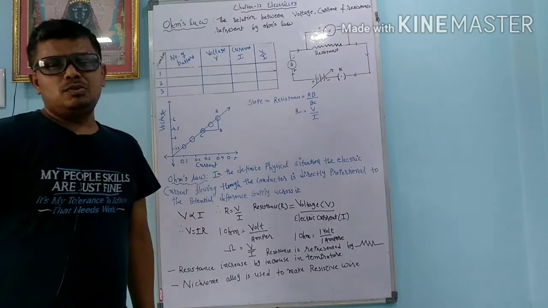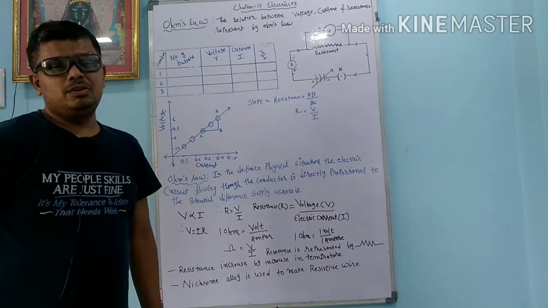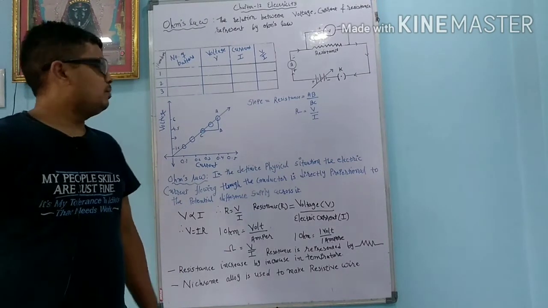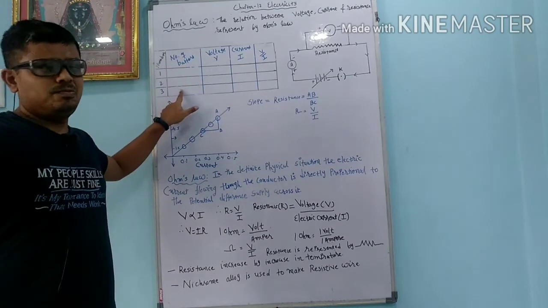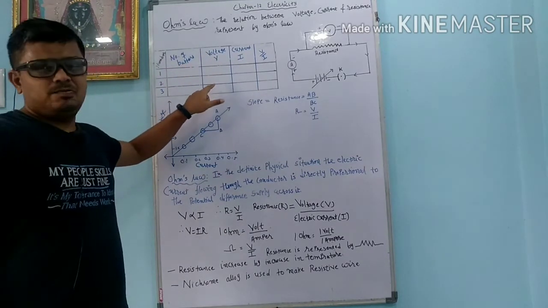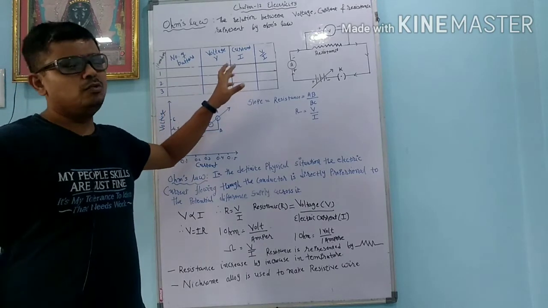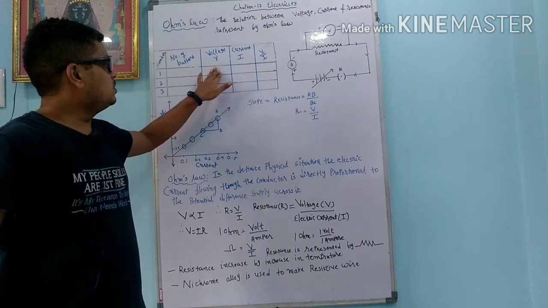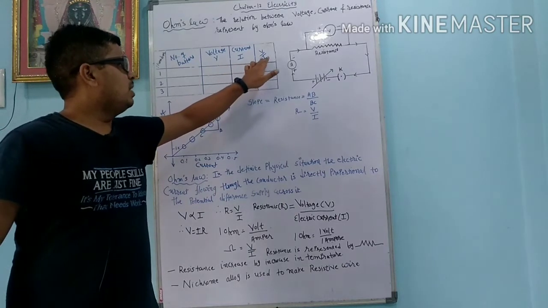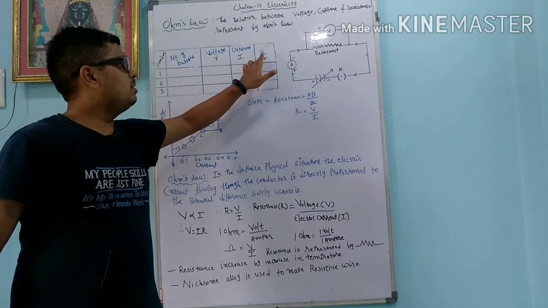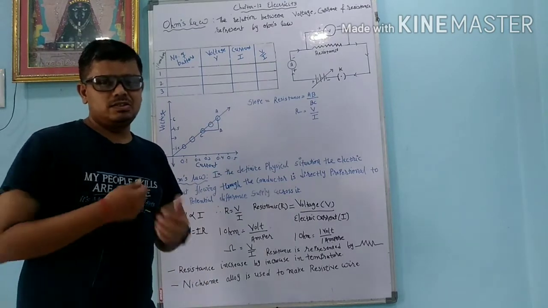Dear student, in Ohm's law we are going to learn the relationship between the voltage and current. For that we draw one table. In that, the number of batteries is there, the voltage is there, how many volts, 2 volt, 4 volt, 6 volt. As we increase the volts, what the current is, that we are going to find, and finally we find V by I. When we find V by I, we can find the resistance. Okay.